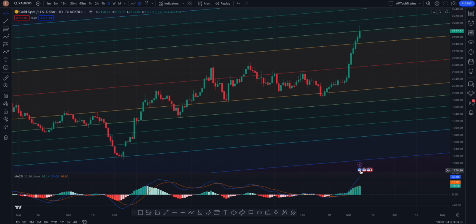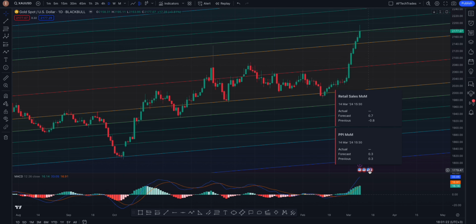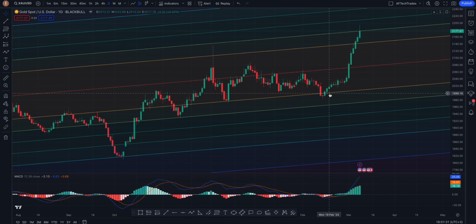For example, here we have the unemployment rate, 8th of March. Okay, yesterday was 8th of March, the non-farm payroll. Then other ones coming up, we have inflation rate month on month, year on year, and so on. We should also have the PPI here. You have this, it's just consumer sentiments and so on. So each of these, there is an expected reaction, but that does not take your technical analysis will position you